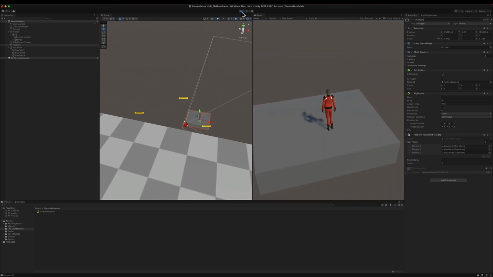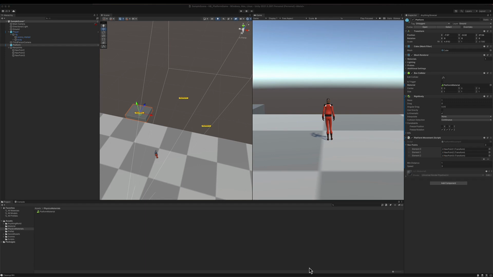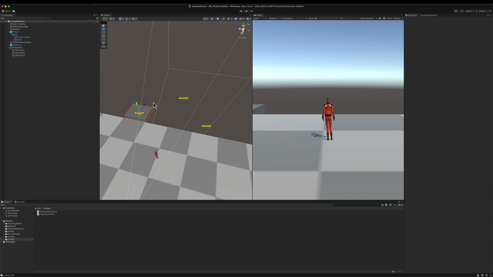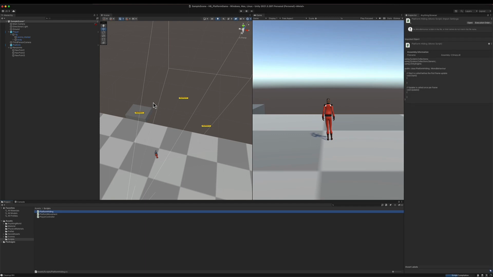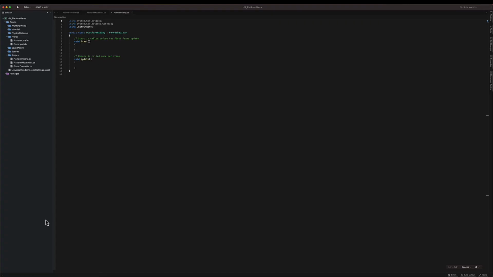Now, let's create a platform hiding script. So I'm going to create a new C# script, call it platform hiding, just in case I want to do platforms that show up and hide in time. Let's open the script. And this script is relatively simple. I'm going to start by creating a couple of variables. First one called show hide time. Let's set it as 5,